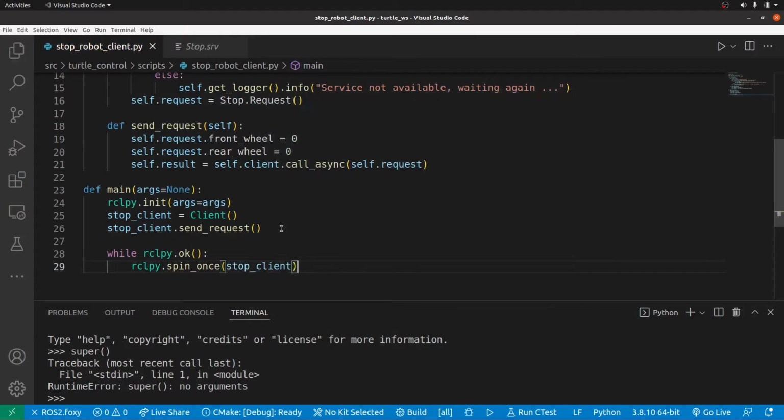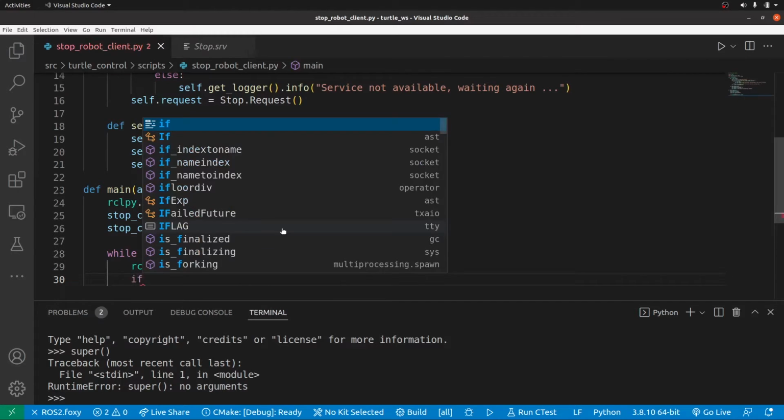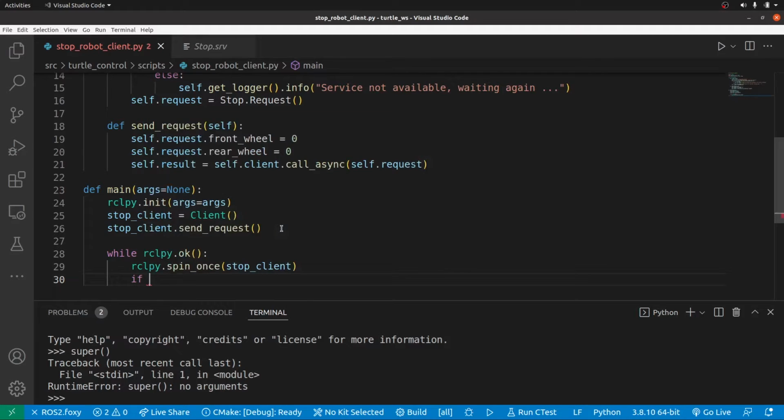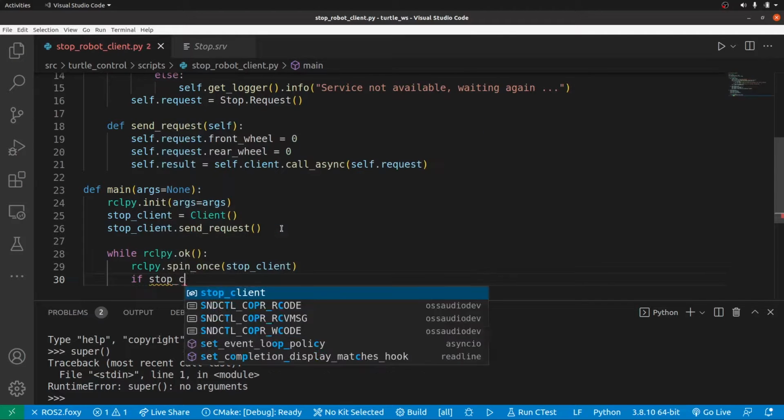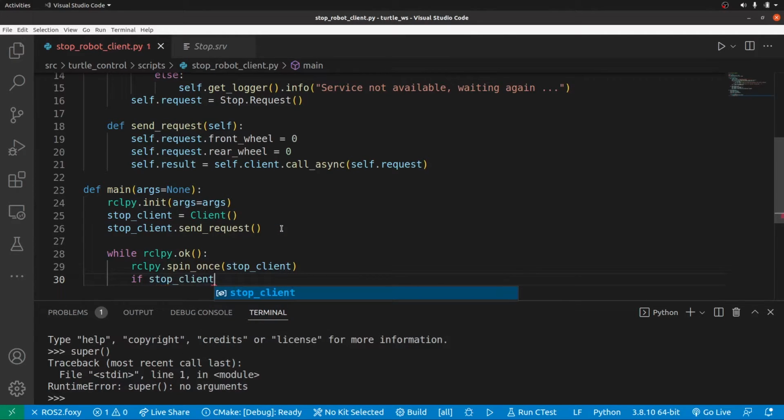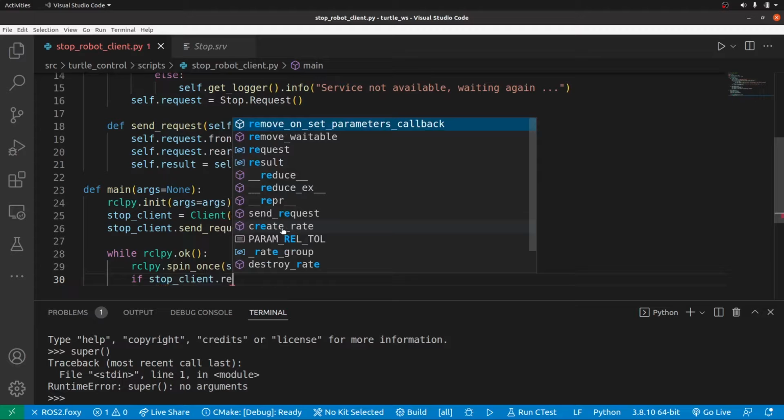Remember, it's an instance of the class, so it has the node in it. So we want to spin stop client. When you spin stop client, it should return something. So we're going to say stop client.result